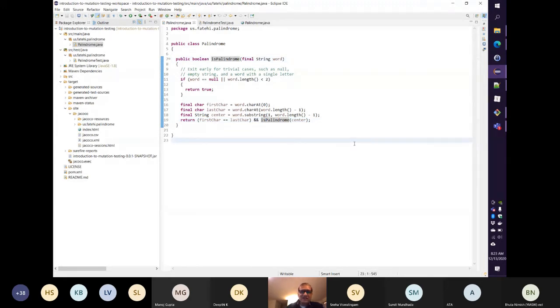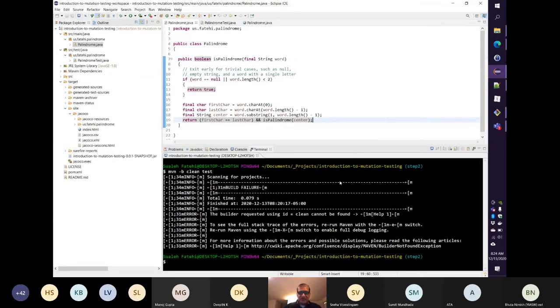So what I mean by this is we have tested where the first character is the same as the last character and is palindrome is true, where the overall result is true. But we've not tested where the first character is equal to the last character, and the is palindrome call, the first call in the recursive series, is also true, but the overall result is false. What this means is that we need to find another word which is